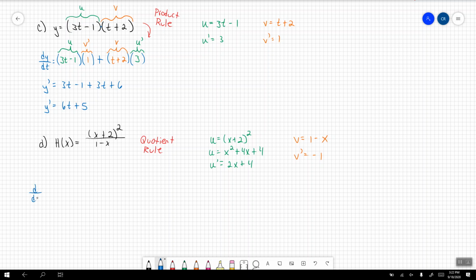The derivative with respect to x, for my function h of x, is going to be the derivative of the top, in other words the derivative of the numerator, which is 2x plus 4, multiplied by my second function, which is 1 minus x, minus the derivative of the bottom function, which was negative 1, multiplied by my top function, which is x plus 2 squared. All divided by